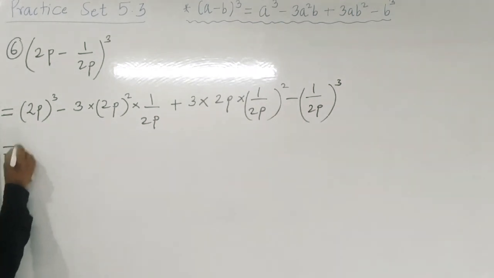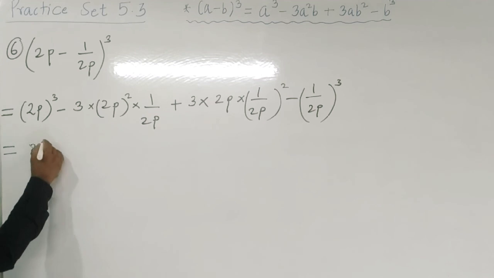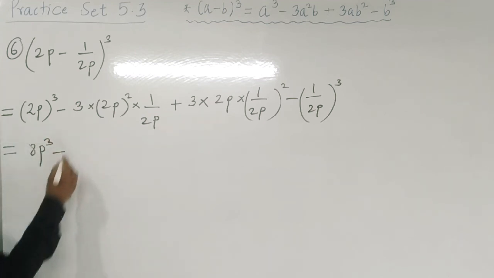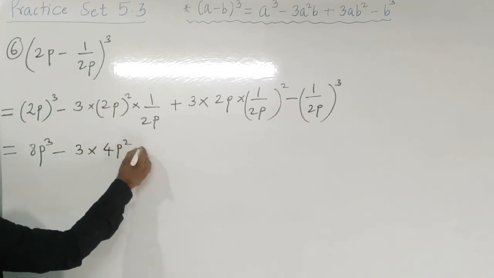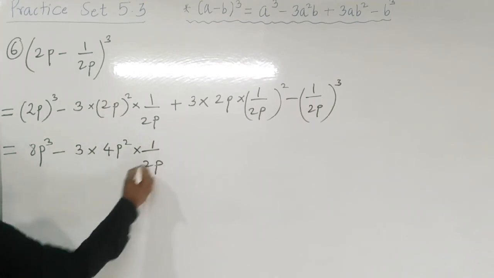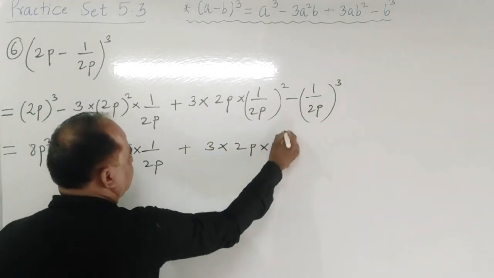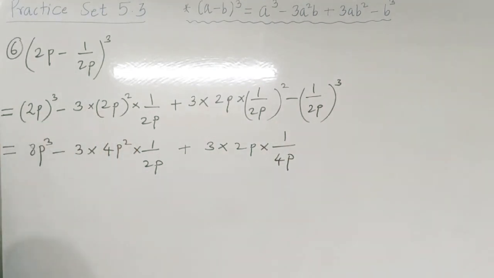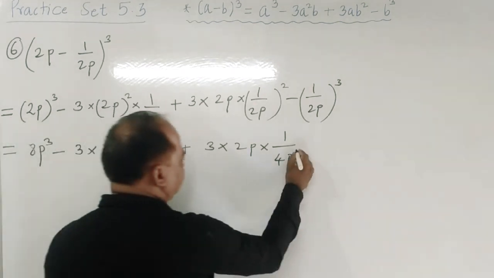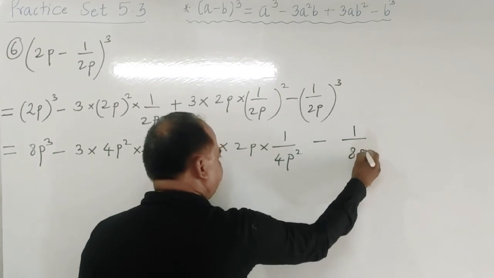Now 2p cube is 2 cube, which is 8, p cube, minus 3 times 2 square, 4p square, into 1 upon 2p, plus 3 into 2p into 1 upon 2p square, which is 4p square, minus 1 upon 2 cube, 8p cube,